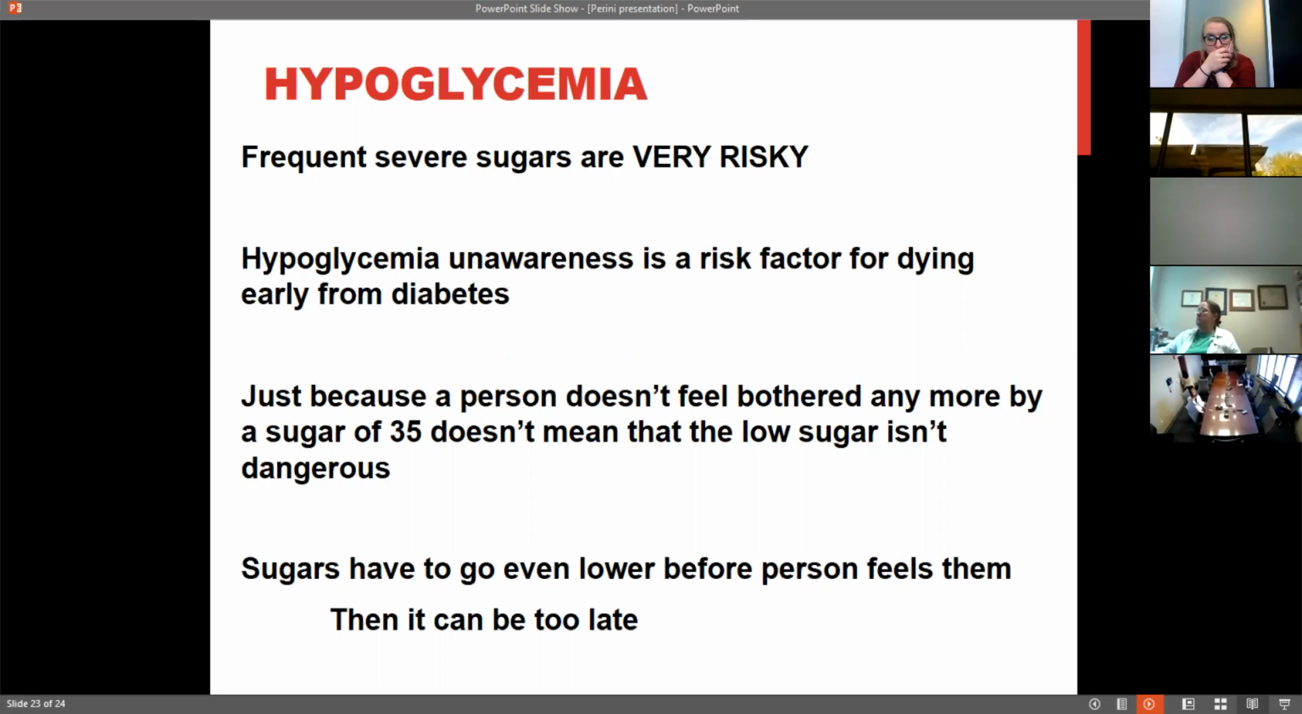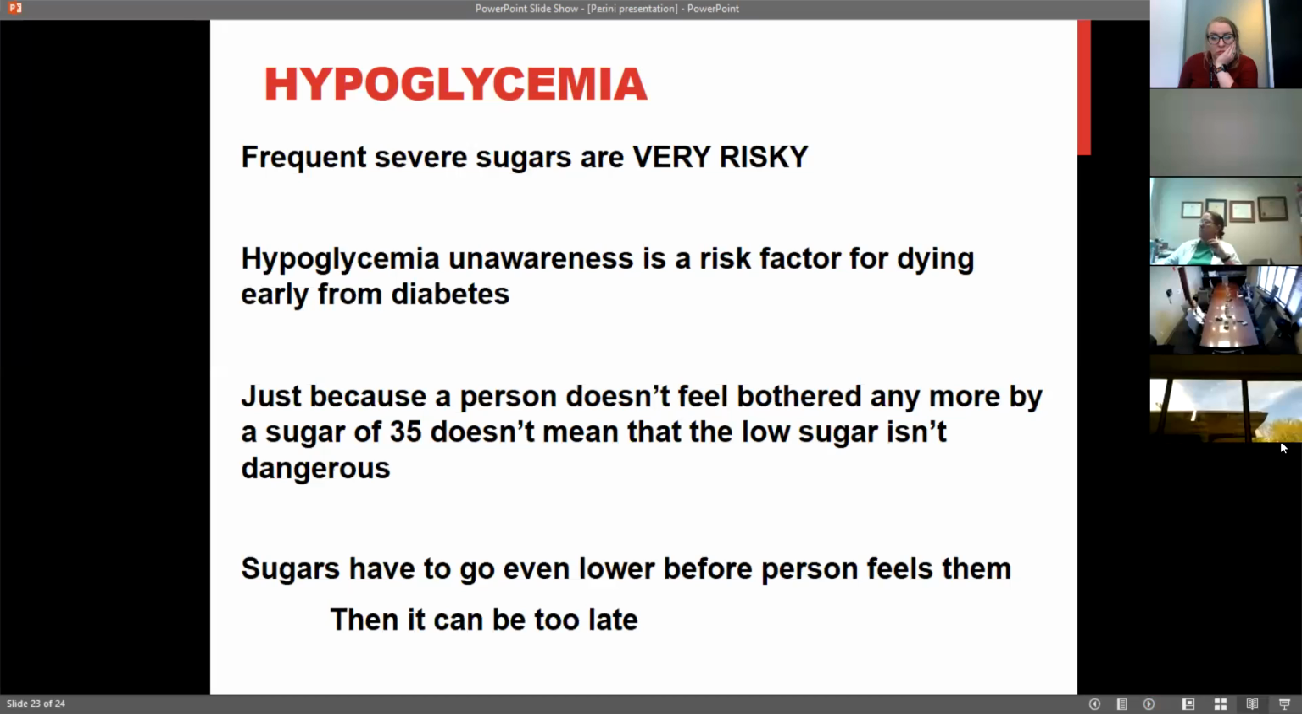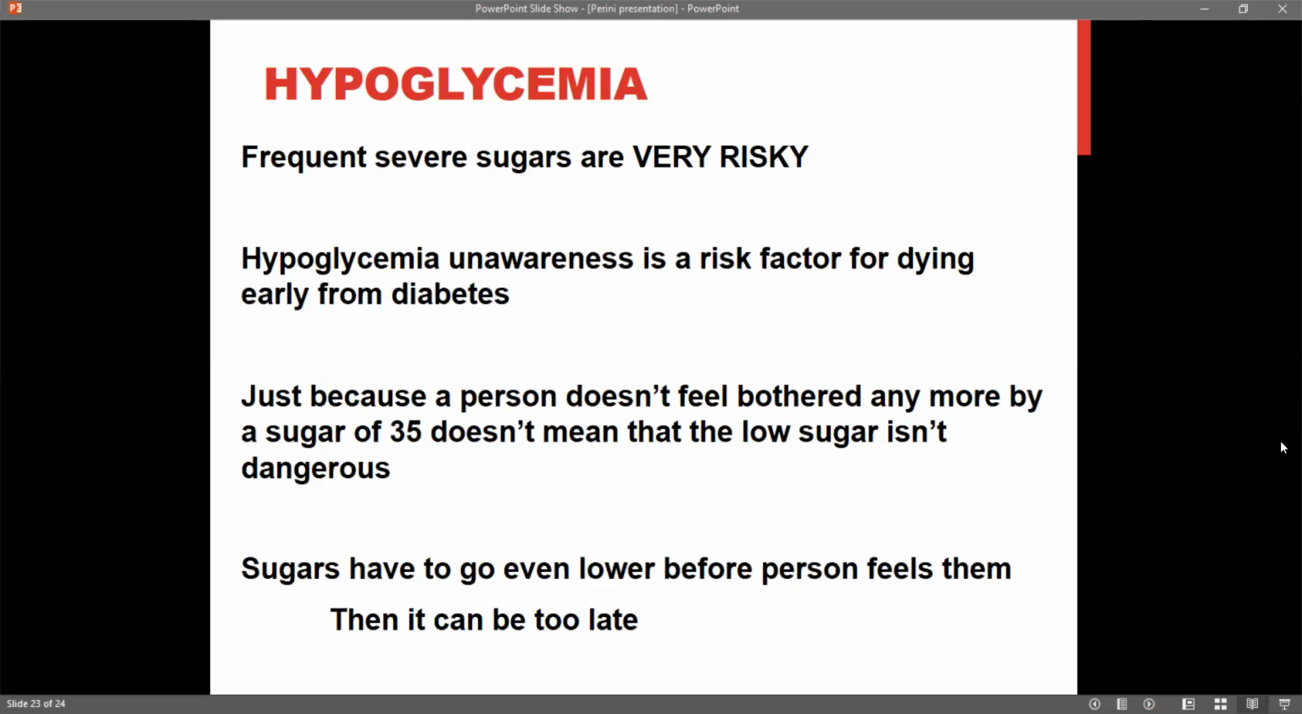These are risks for people dying from hypoglycemia, because just because your body doesn't notice that your sugar's low till it's 30 does not mean that a sugar of 30 is somehow now safer for that body. It's still very dangerous. It's just that the alarms aren't going off. So if you're going to go into a coma or even die when your sugar is 18 and you don't even notice it till it's in the 20s, it could be too late by then. So what we should do, next slide please,